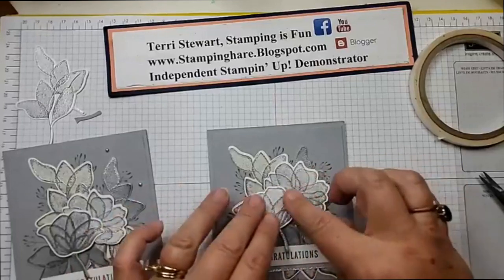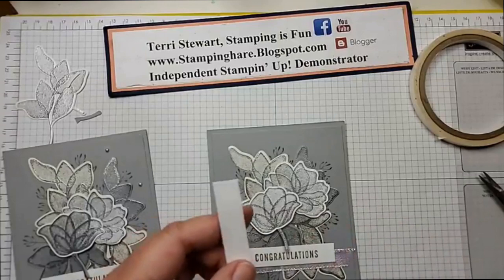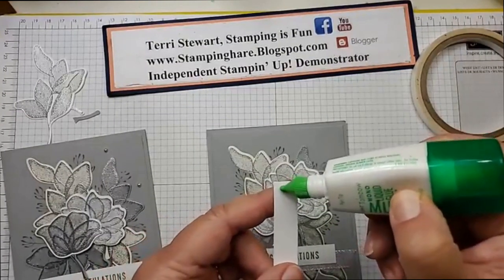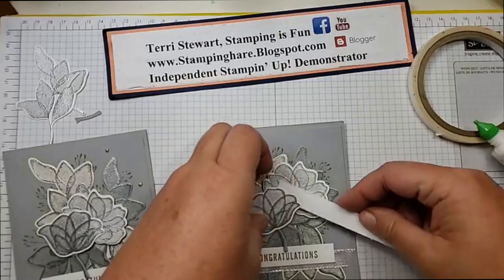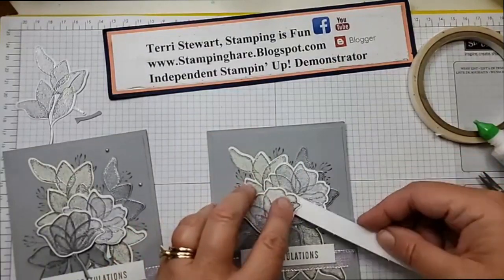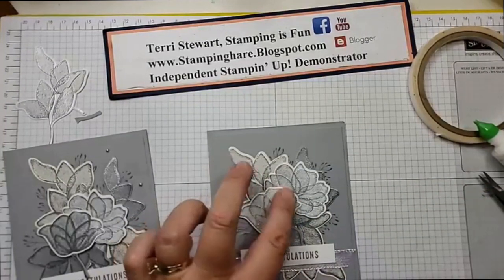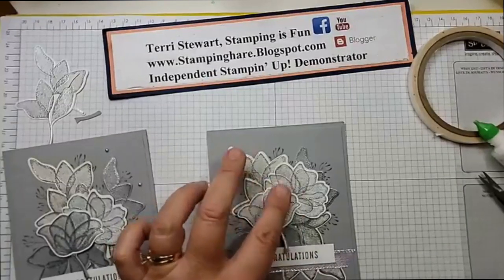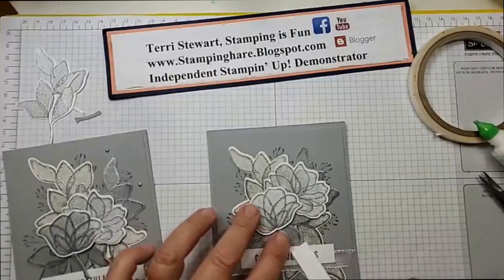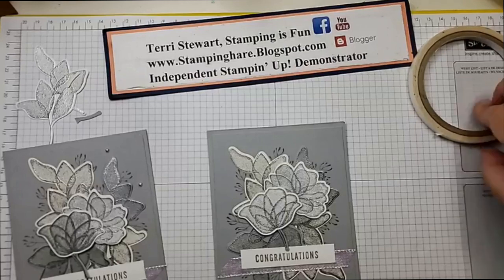Now this is lifted up a little bit, and I can take a scrap of cardstock, put a little dab of glue on it, and get that underneath, and then just hold it for a few seconds, and that will secure the edge of this flower down to the second flower. There we go. Same with the stem. All right,